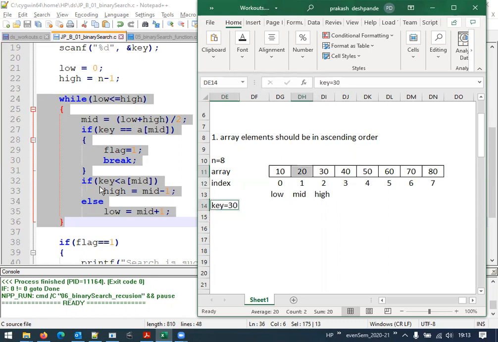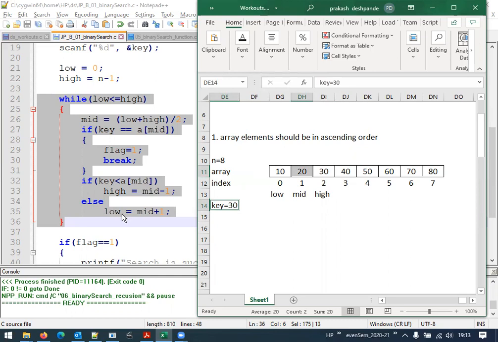The next condition says if key less than A of mid. Is that true here? No, this condition is not true because the key element is 30 and it is not less than the mid positioned element, that is 20. 30 is not less than 20. That means the else part will now get executed.